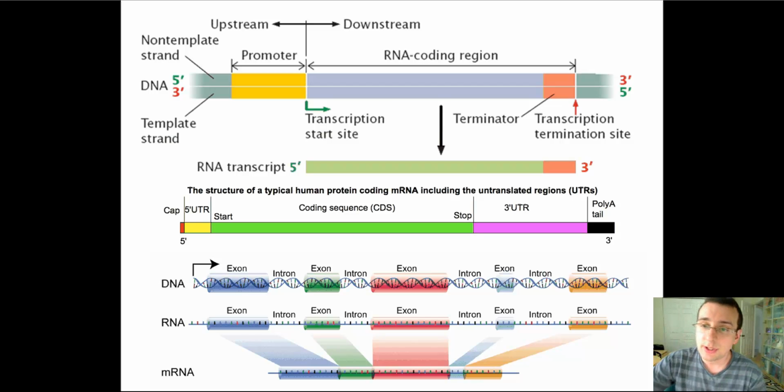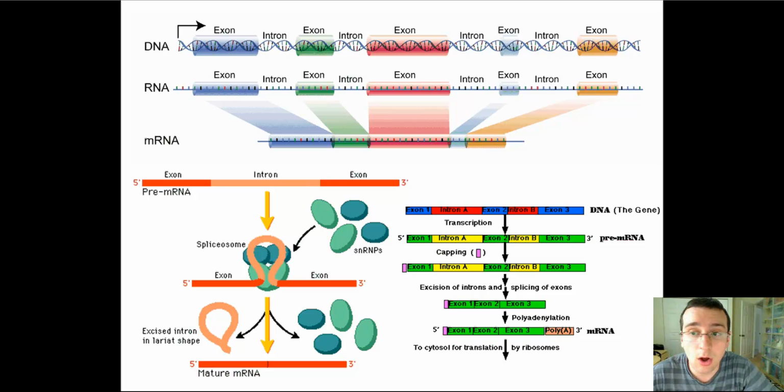And then, if you actually get the coding sequence, which is what actually matters, what actually includes the information to make the protein, you will see that it actually has a bunch of introns and exons. Introns are pieces of the message that do not actually code for the protein, and they must be removed before the protein actually can be made from the messenger RNA transcript. This leads us to the idea of RNA processing, which in eukaryotes, because the DNA looks like this, all RNA